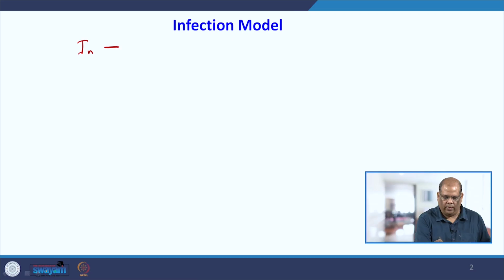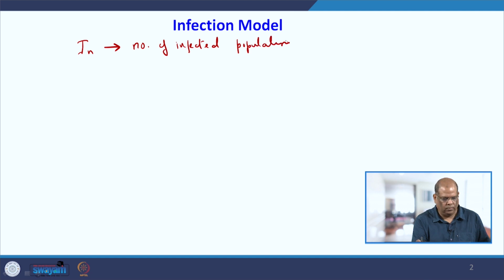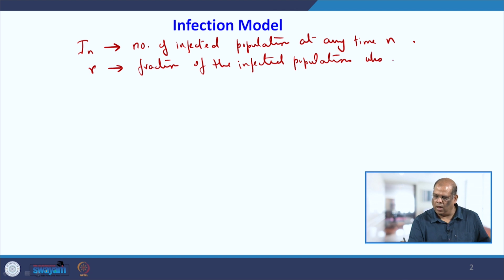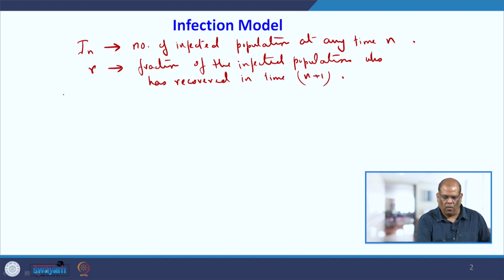So let us consider I_n, the number of infected population at any time n, and R be the fraction of the infected population who has recovered in time n plus 1. Now, the assumptions are